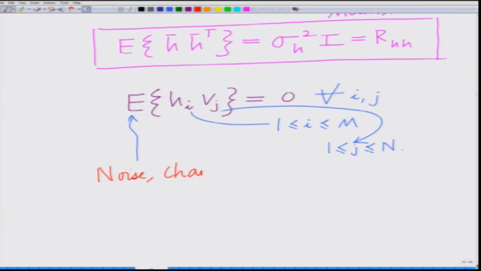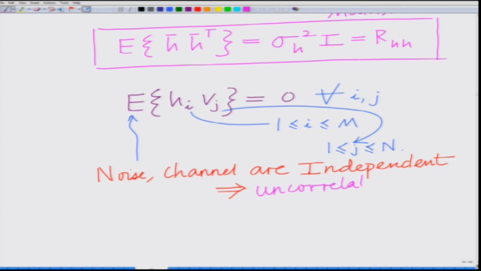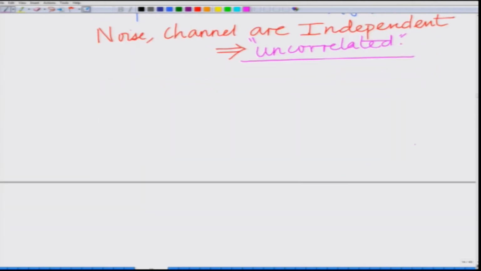and channel are independent. Of course, independence means uncorrelated. For any random variables, if they are independent, then naturally they are uncorrelated. Okay. So, this is something to keep in mind, which means now since any channel coefficient is